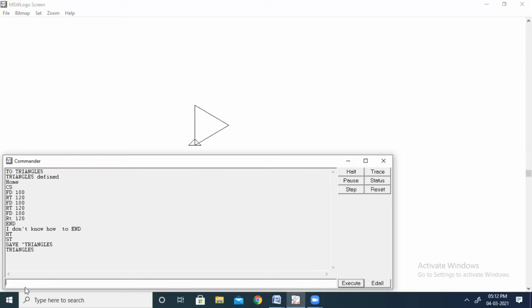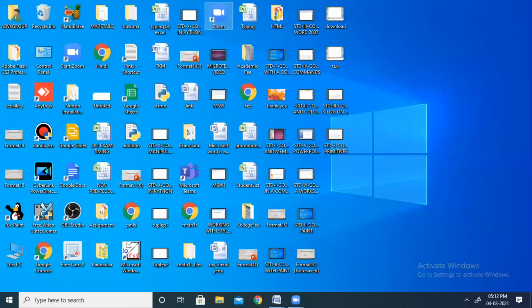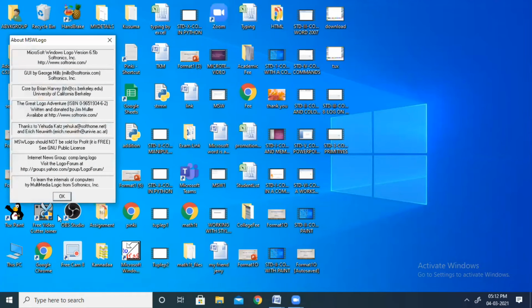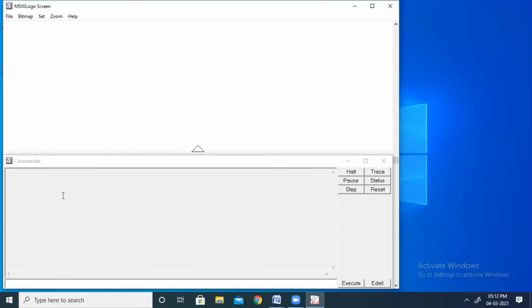Okay, now let me tell you how you can load a procedure. For that, which command will you use? Now let me close everything. So it is closed now. I am going to open Logo again from here. Now I want to load my procedure. For that, I will use the LOAD command, then the name of the procedure, triangle5.